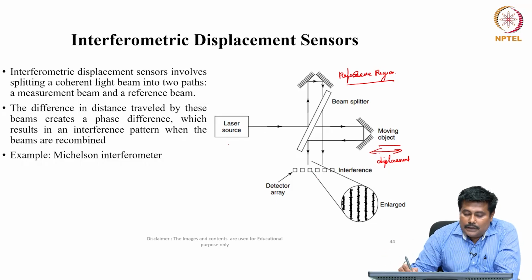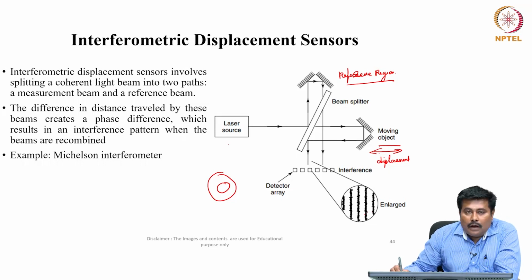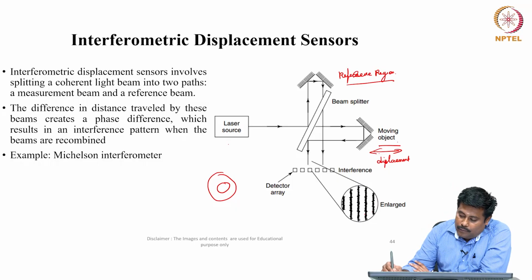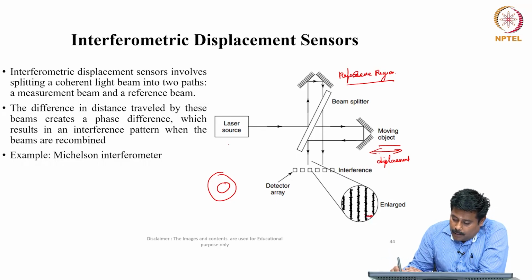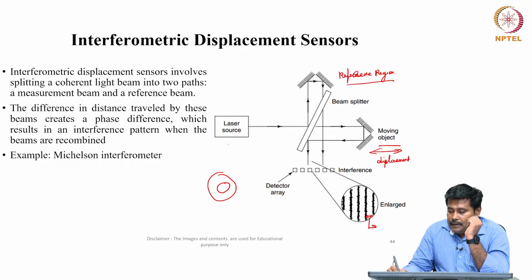This superposition of these images will result in an interference, which is observed over here. So, the overall interference looks something like this. Here, alternating dark and bright fringes are available in this interference pattern. When we change the displacement of the moving object, the fringes will get enlarged, and based on the change in the alternating dark and bright fringes, we can estimate the change in the